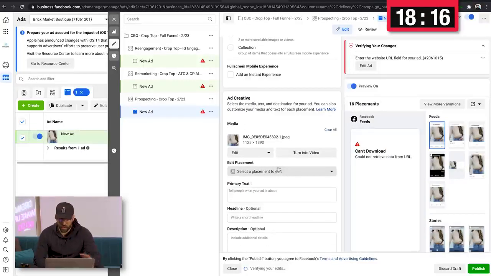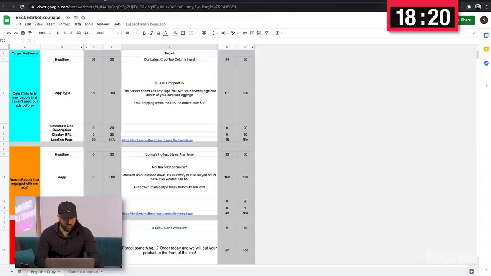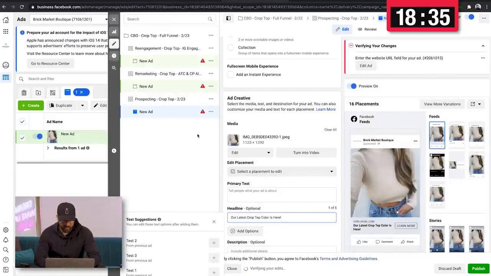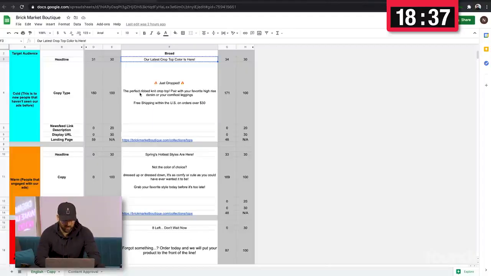And I already have some no editing on the placement. I'm totally good with this one image. I'm gonna go back into my actual assets. So I've already written the copy of what I want for prospecting top of funnel. You can see this nice little sheet really lays it out. Really simple for me to just come in here, grab my headline, paste it on in. Same thing with my body copy,